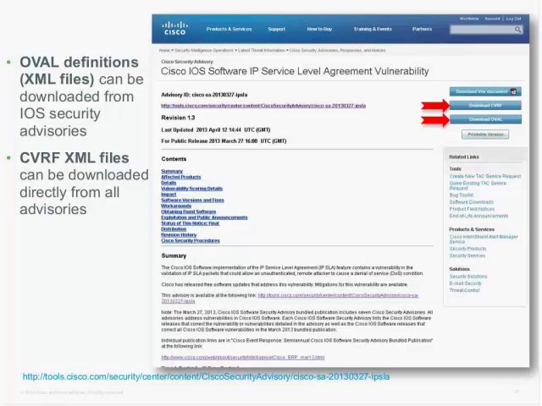And in the case of CVRF, you can also download it in any advisories. CVRF is supported in all technologies. These two arrows are, of course, pointing to the download links. As part of the iOS security process or advisory publication,